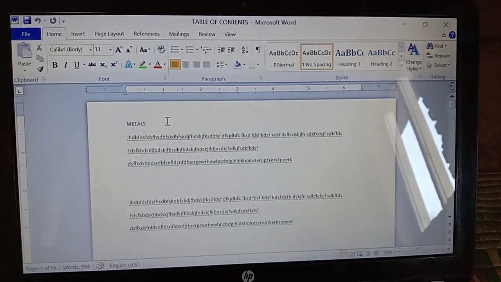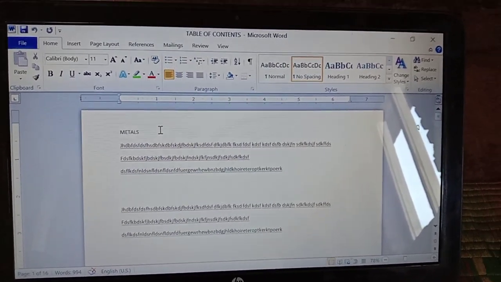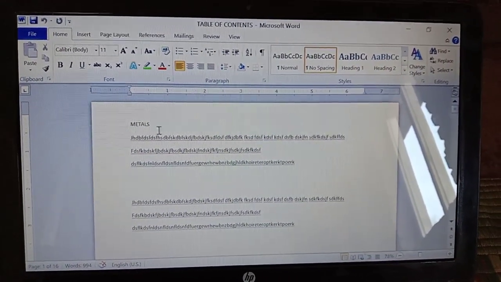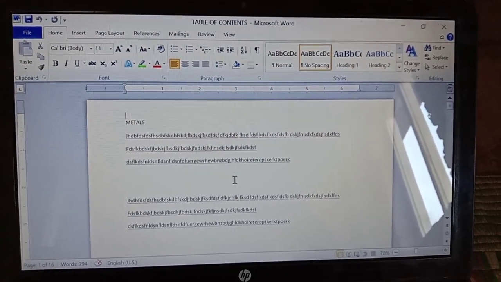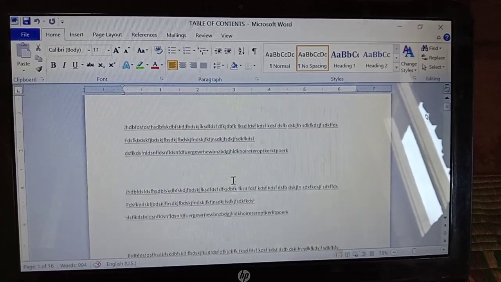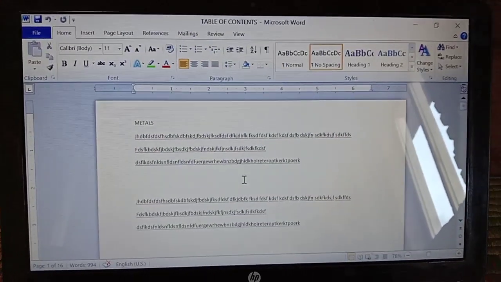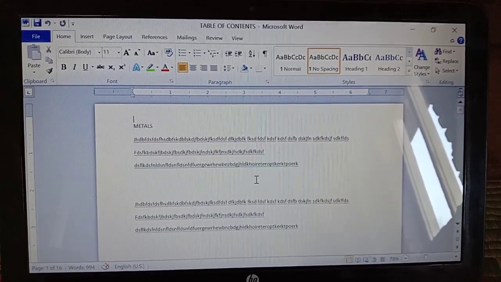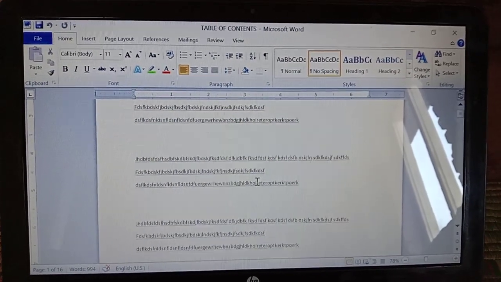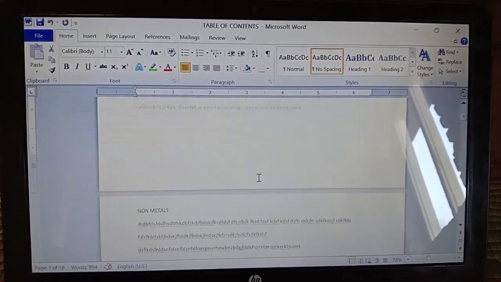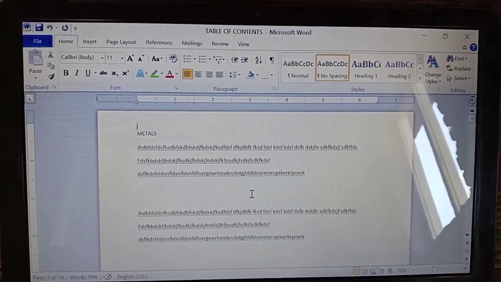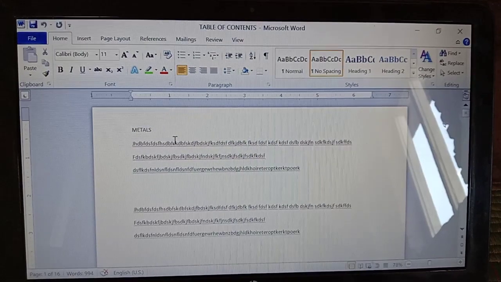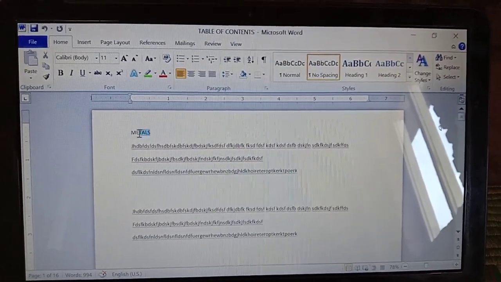Now let us see how to prepare this format of table of contents in Microsoft Word. For this purpose, here I have taken a document which is of more than 10 pages. In that we have metals, non-metals, like that. So first of all, for preparing the table of contents, we have to select these headings, and in the Home tab